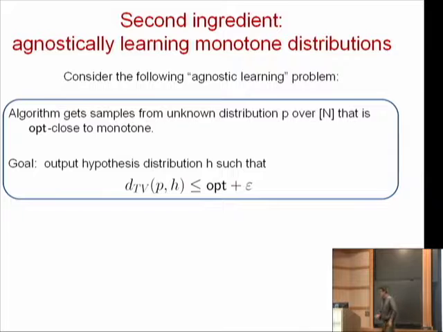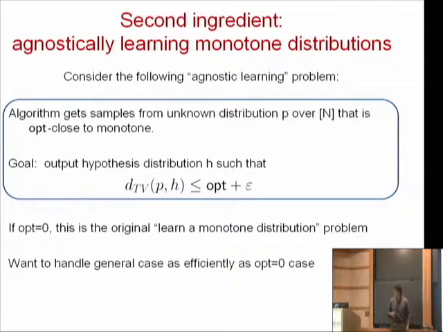So I haven't seen this phrase, but it seems like the right phrase to me: you're trying to kind of agnostically learn a monotone distribution. Notice this is just the exact original distribution learning problem, learn a monotone distribution in the case opt is 0. If the distribution really is monotone, you're supposed to get an epsilon accurate hypothesis. And if it's not monotone, if it misses by some amount, you're allowed to have a hypothesis whose error grows like that. So anyway, when we call this algorithm, opt is going to be